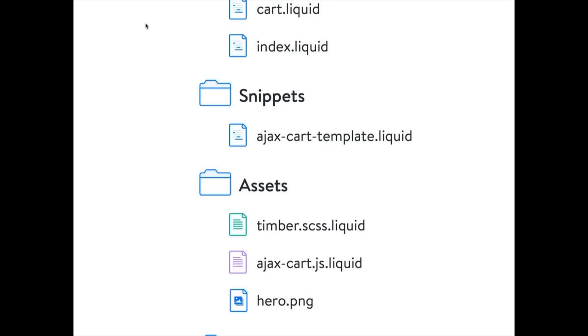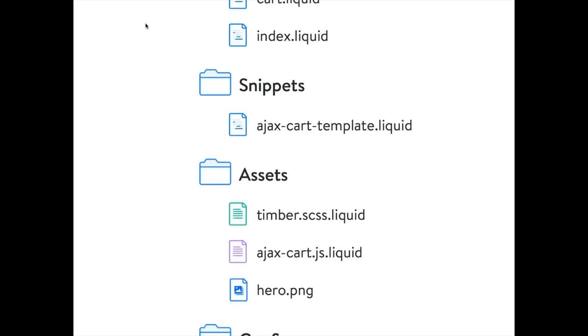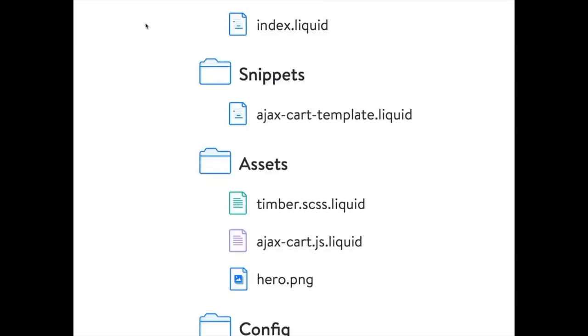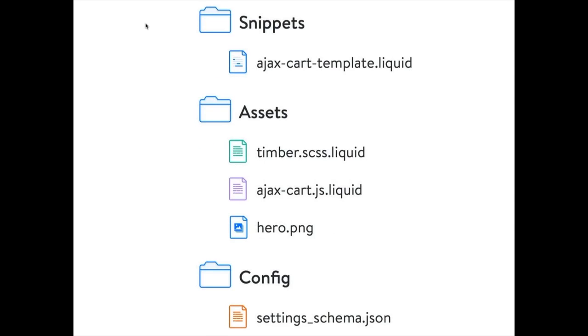You can create your own. And if you use some of our existing themes, there will be some available to you as well. But again, we'll get into that a little bit later. Now our assets file. So this is really where we talk about the flat file type of file system here